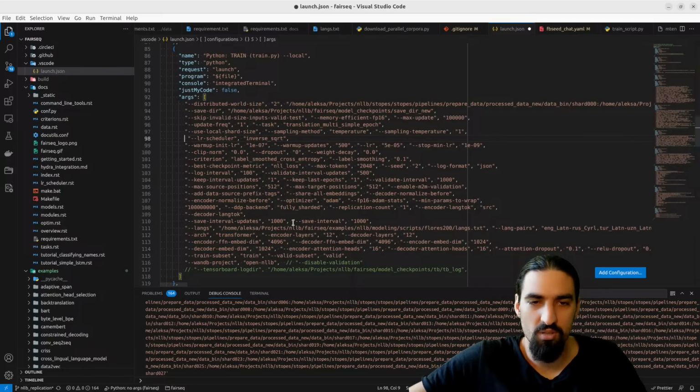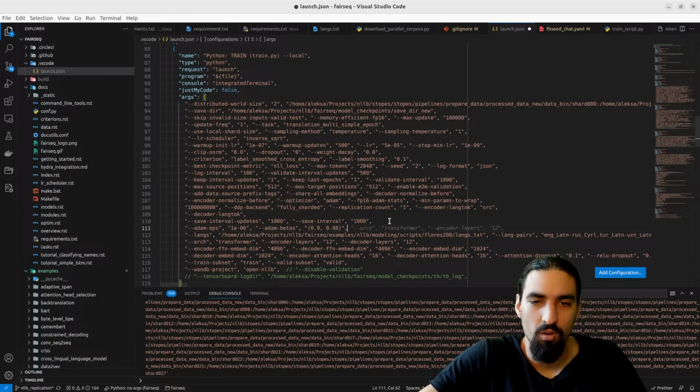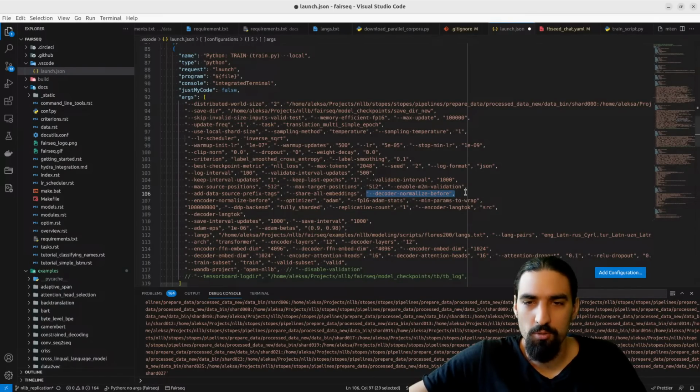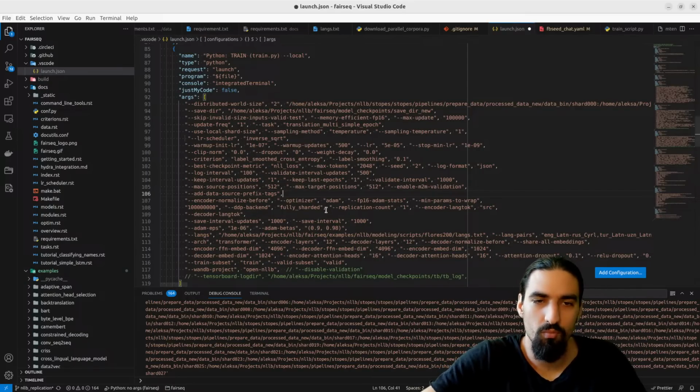All of these should be in the same place as well. Like this, and then I saw more of them. Decoder normalized before. This is also relevant to put it here. Normalized before. Share all the embeddings. This is also for the architecture. Encoder normalized before. That's also for the architecture.